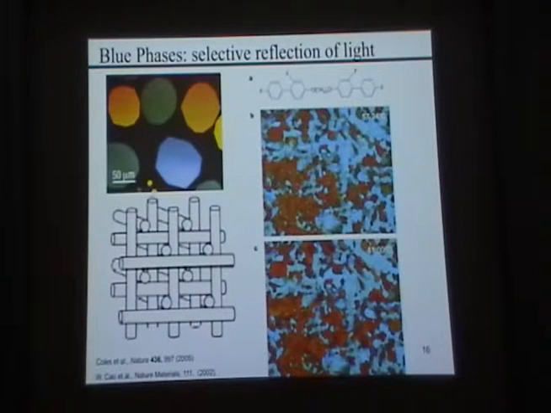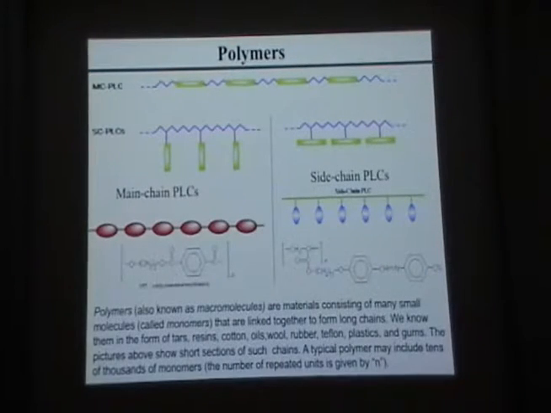Materials like that can be used as, for example, self-assembled lasers when you add dyes to them and pump some light in. You could see such applications in the work done in this direction in the lecture of Professor Takezoe from Tokyo Institute of Technology during the first week, right? So many different